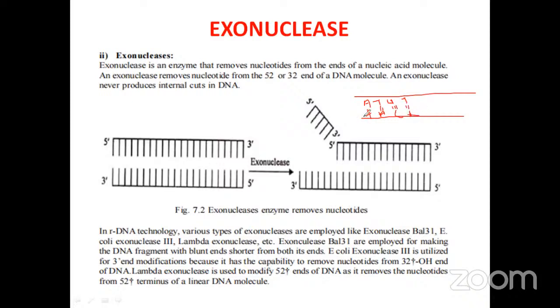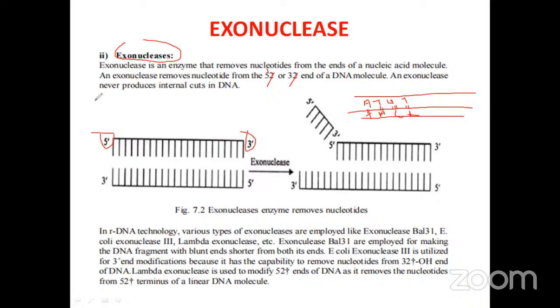Like this, hydrogen bonds are present. With the help of exonuclease enzyme activity, it first removes these nucleotides from one end to another end. An exonuclease removes nucleotides from the 5 prime end, 3 prime end